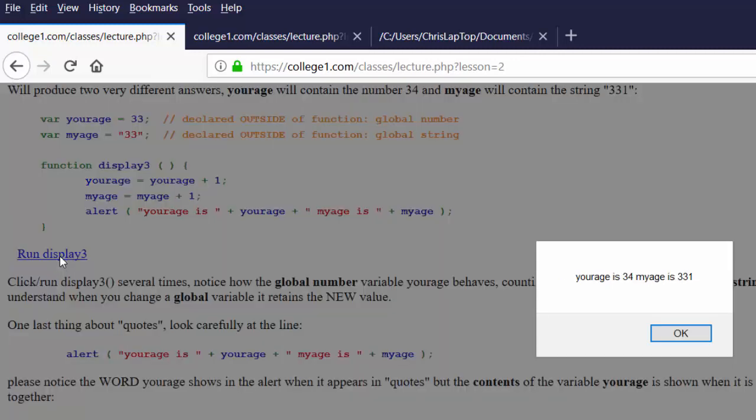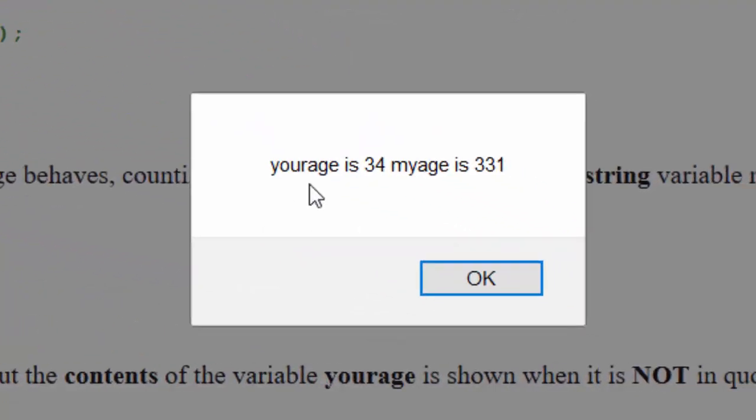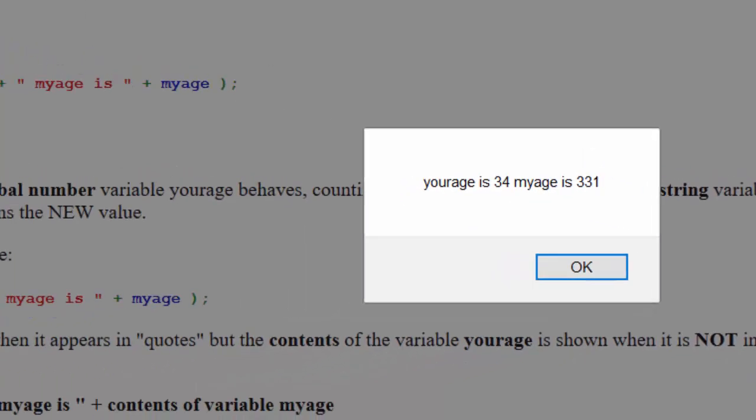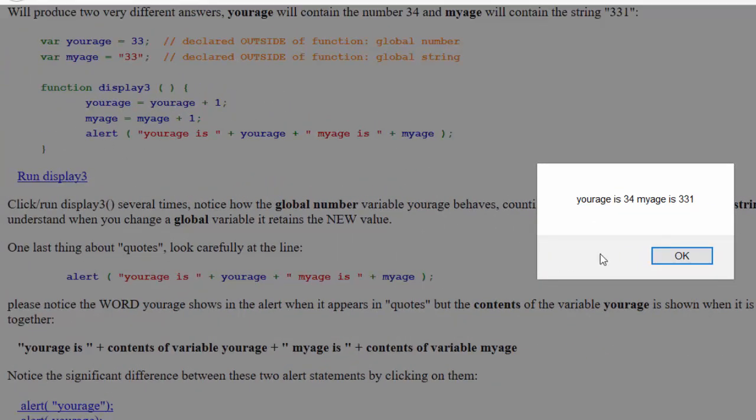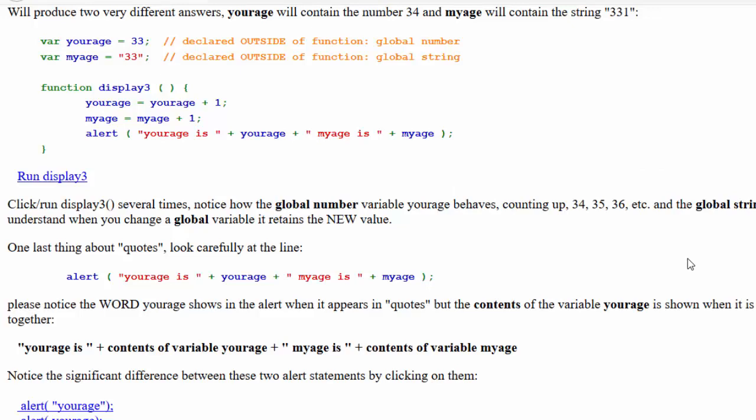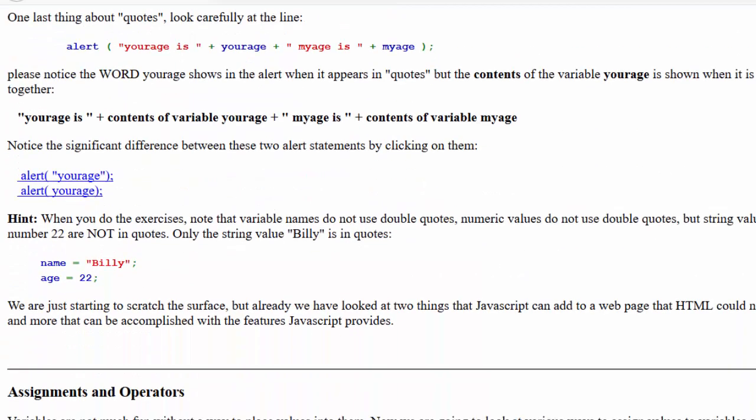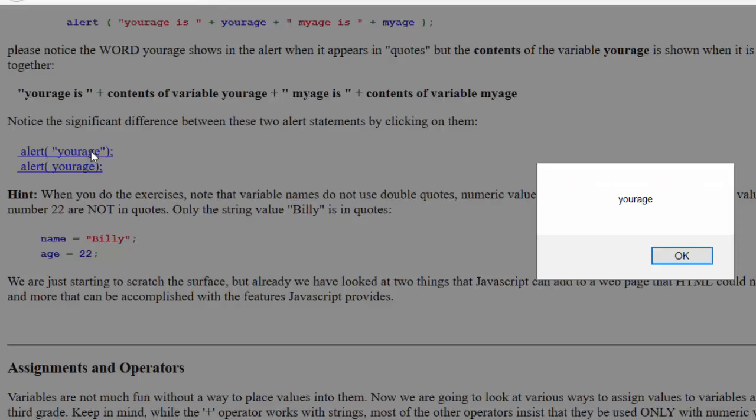I want you to press on it and look at the code, see what happens on the screen, and connect the two. Well, why did the 34 show up? Why did 331 show up? Look at the code and see what happened. This is executing JavaScript code, and you need to be able to read and analyze JavaScript code and see what